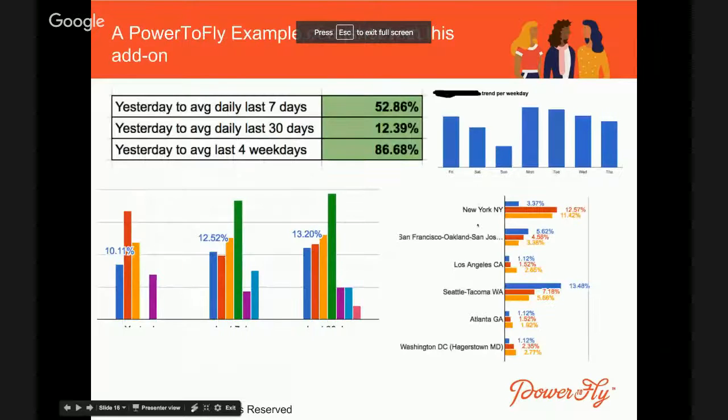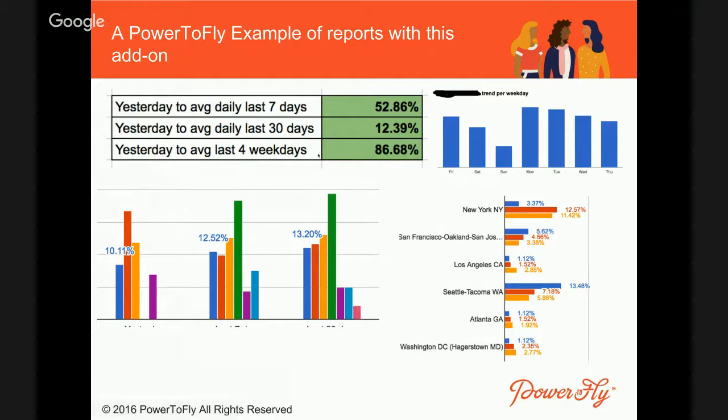You see, this is data coming only from Google Analytics, but there is no way in Google Analytics to create such rich graphs, because the graphs in Google Analytics are just a single variable. And here we can combine several variables, ratios, yesterday to the average for the last 7 days, yesterday to the average of the last 4 such weekdays, which is really not possible in Google Analytics, even if you create a